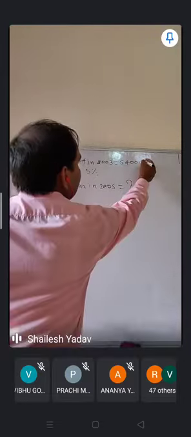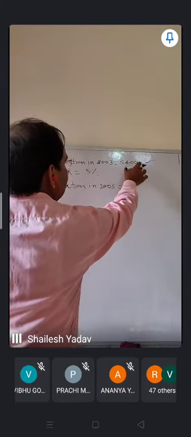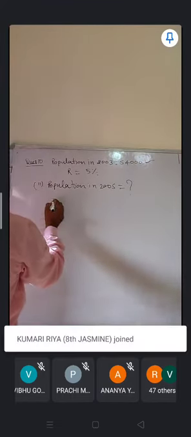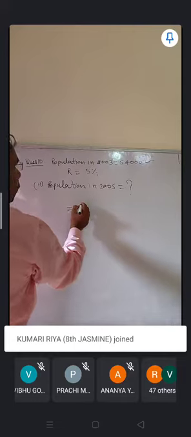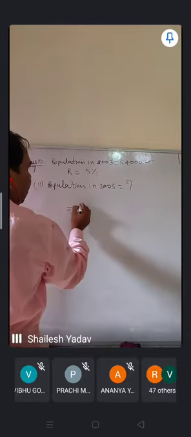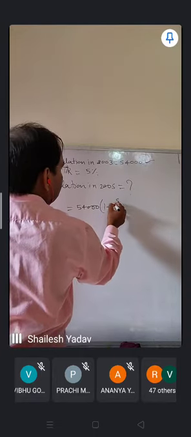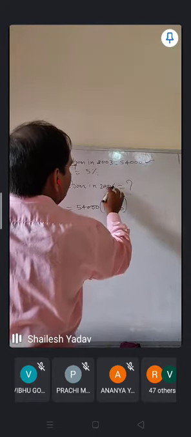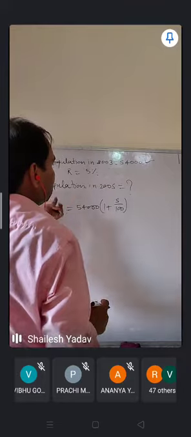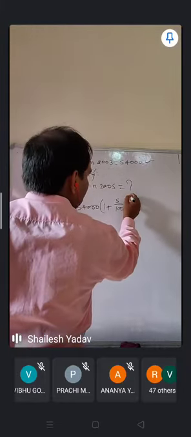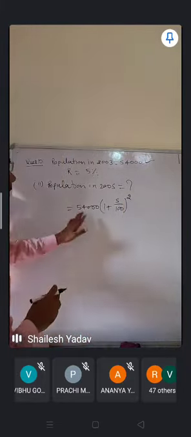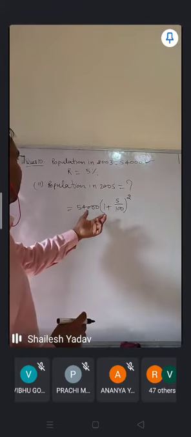So here P you will take 54,000, whatever it is in 2003. So here you will write population in 2005 equal to P, and P you will take 54,000, 1 plus rate 5 upon 100, to the power n. After 2003, 2004, 2005, it means you need to find the population after 2 years. So you need to calculate it, and that will be the population for the year 2005. You can calculate this, Ananya.